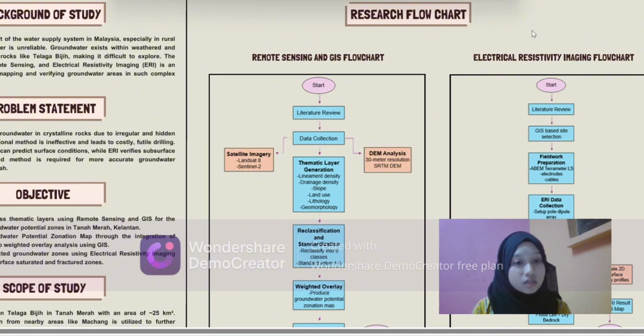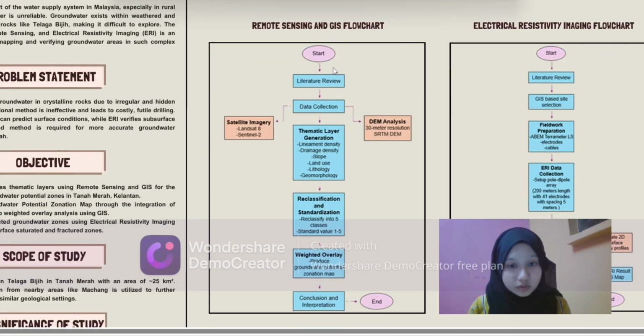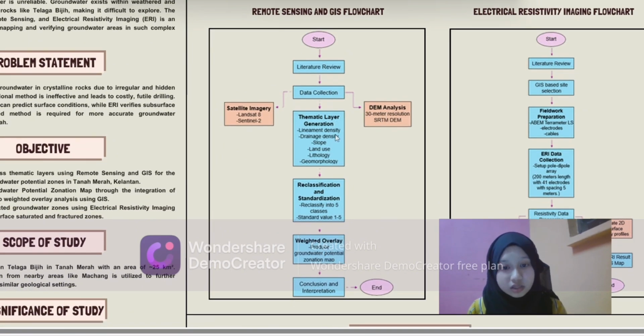So next, for the resource flowchart, we have two flowcharts: the first one is the remote sensing and GIS flowchart, and the second is the ERI flowchart. For the remote sensing and GIS flowchart, first we have to do the literature review and then collect the data, which is satellite imagery and DEM analysis. And then we have to do thematic layer generation, which is